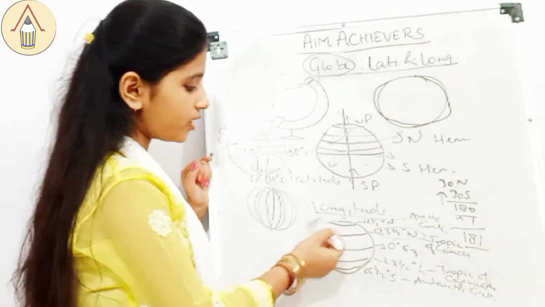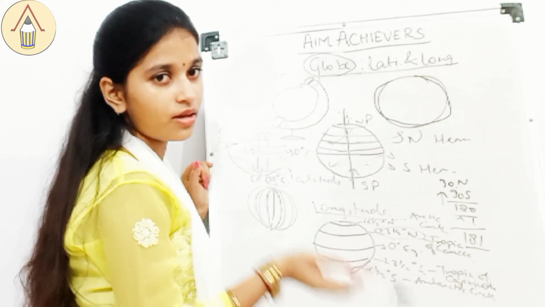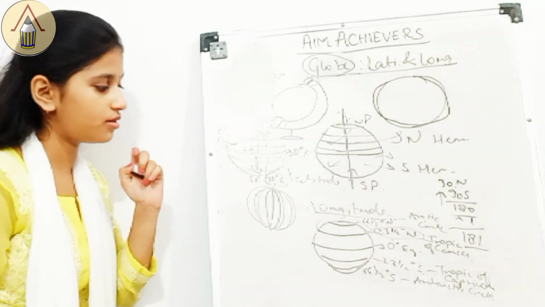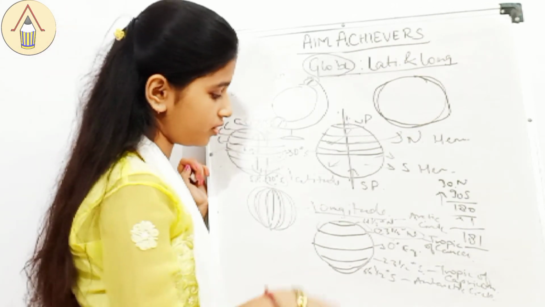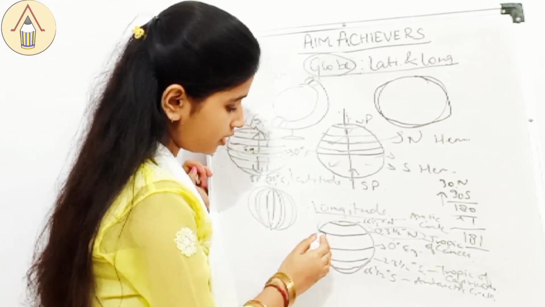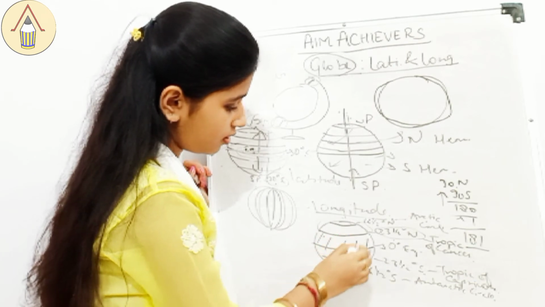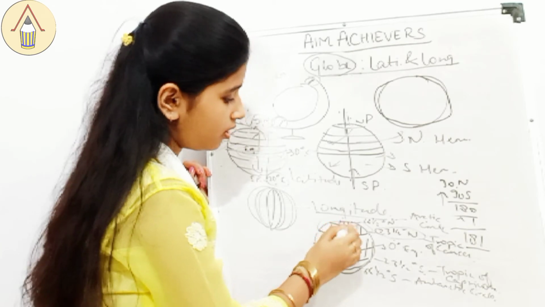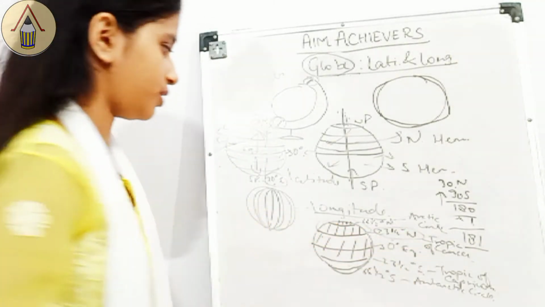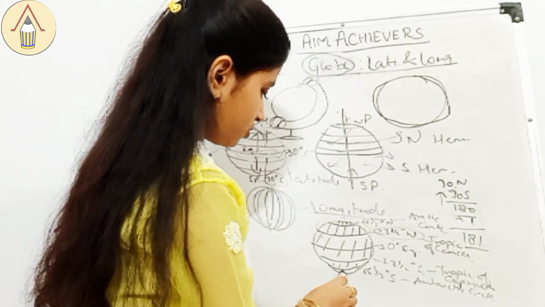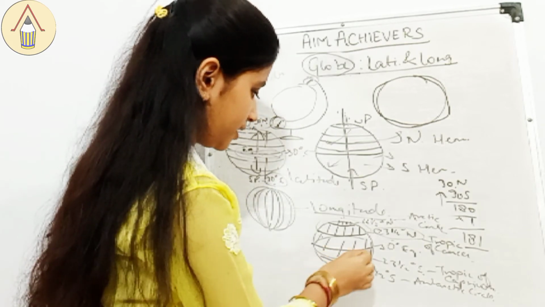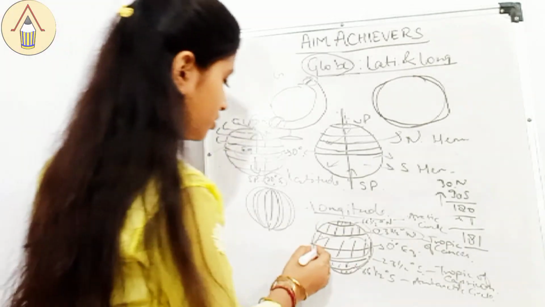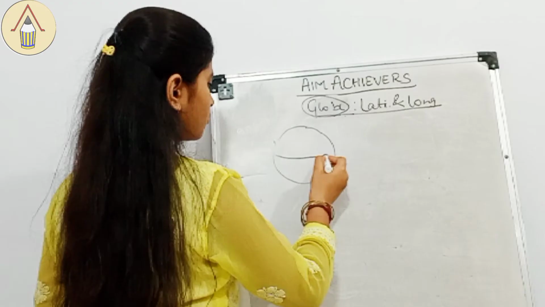Okay. Now, why are these latitudes also important? First, because in future chapters we will study why it is important. But for now, the area according to the climate, we come to know about these latitudes only. Okay. So first comes this area, which is from 23.5 degree north to 23.5 degree south, and it is known as